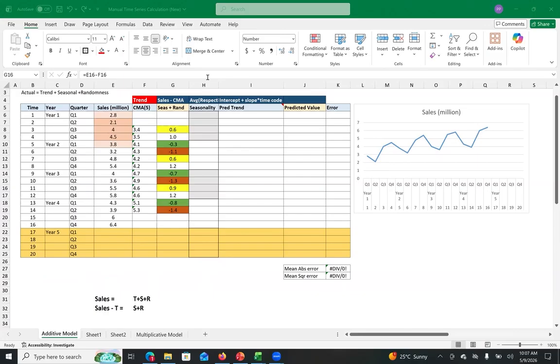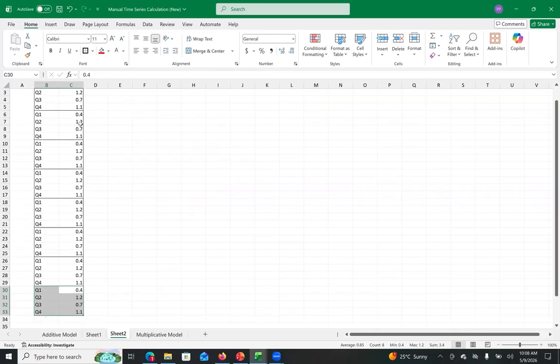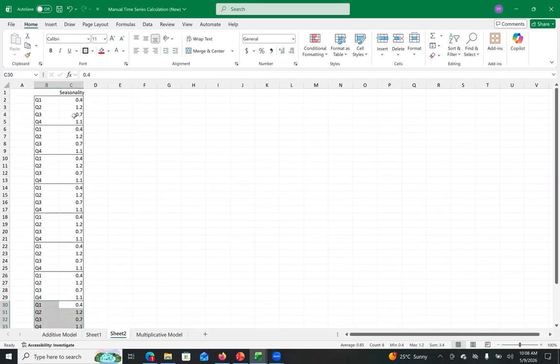Bharti, you have a question: can seasonality occur only in specific quarters instead of repeating for all quarters? Can you please explain this question a little bit more? Are you asking, for example, that for quarter one there is a value, for quarter two there is a value, and then it is 0, 0? If that's your question, then yes, that is possible. Can it repeat only for Q2, or only in Q2 will it decrease?